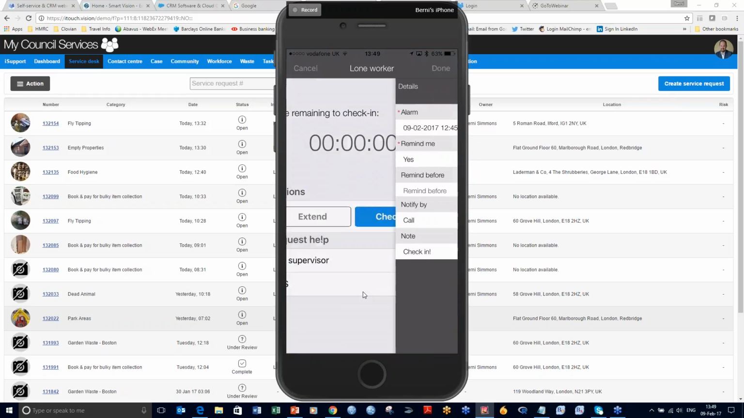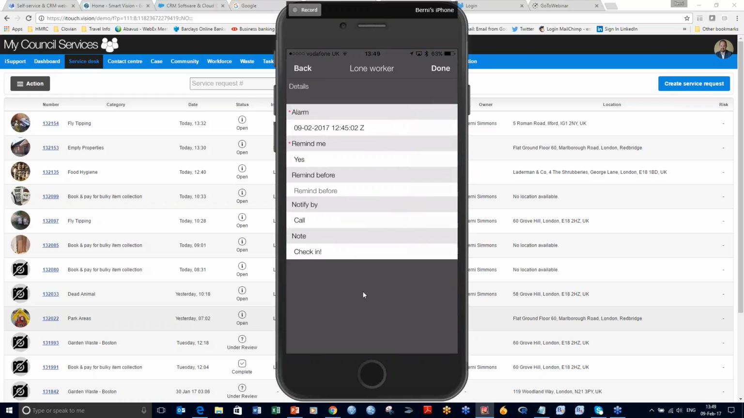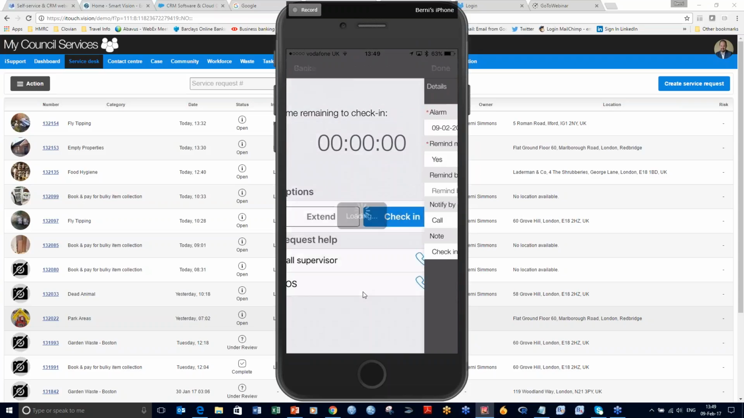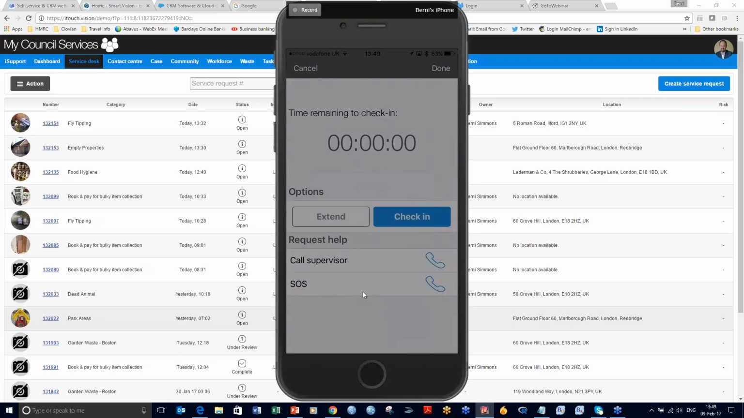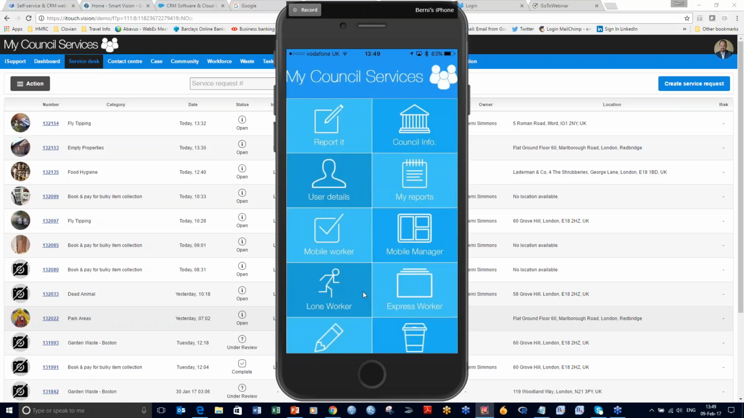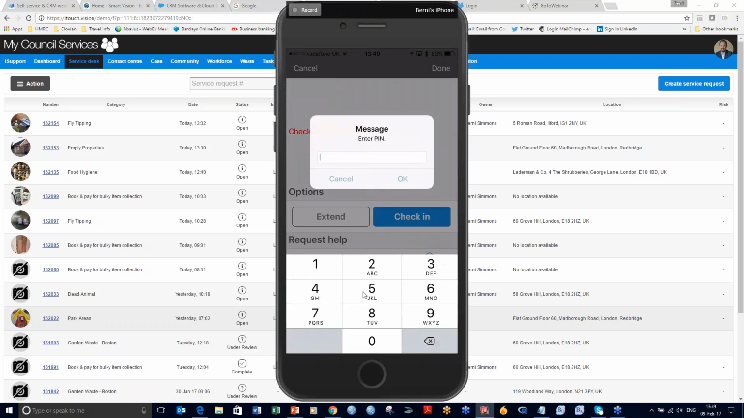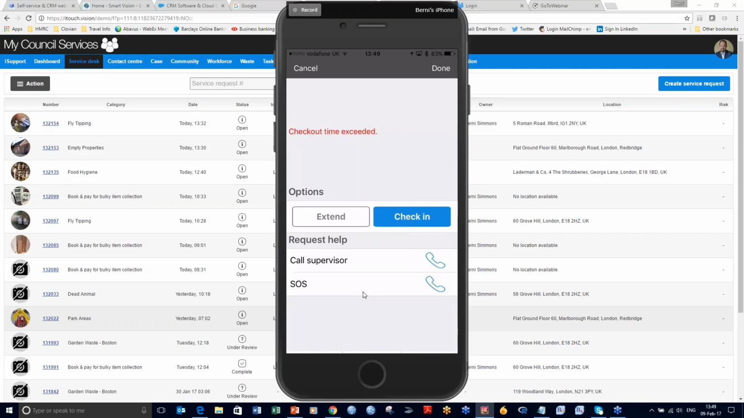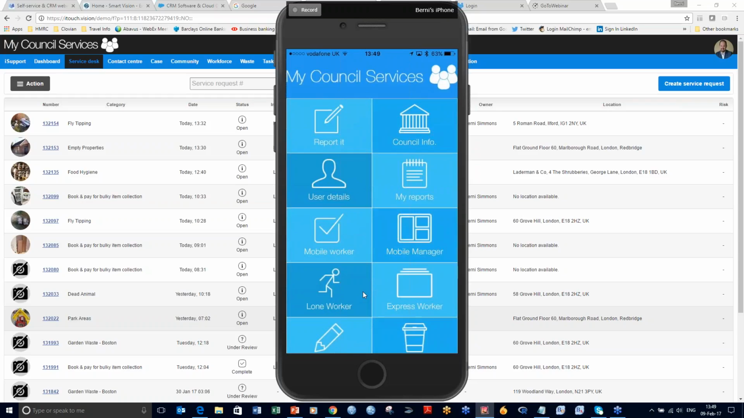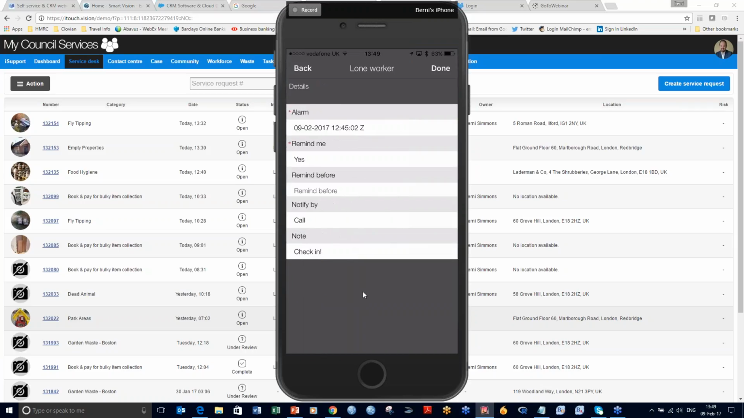So if I drop into lone worker, what I can actually do is go in and set up a check-in for a lone worker. So if I'm about to disappear into a property that I think I may be at risk at, in terms of someone in there that's potentially aggressive, or I'm just not sure of the environment, and I want to set an alert to tell my colleagues if I don't re-emerge in 10 or 15 minutes to take some sort of action,